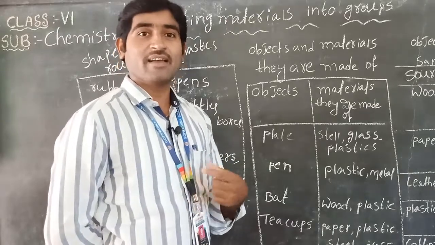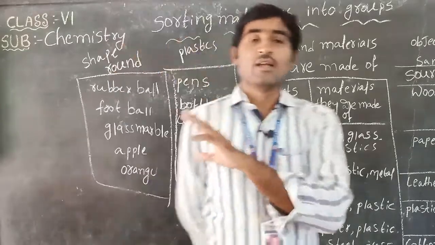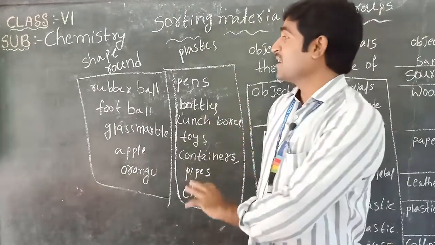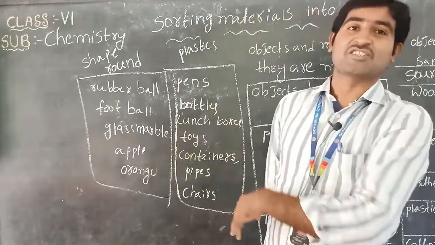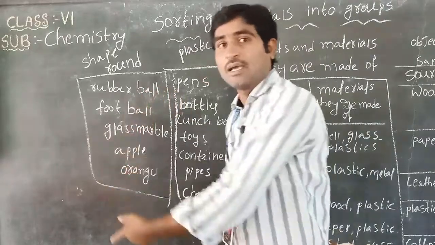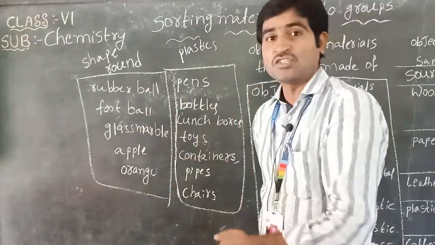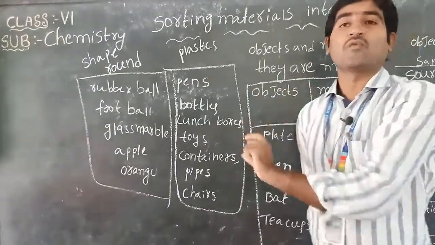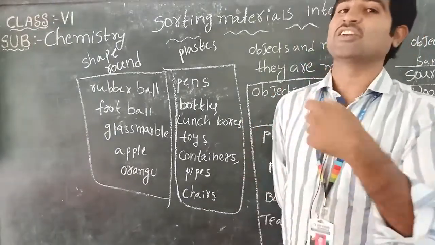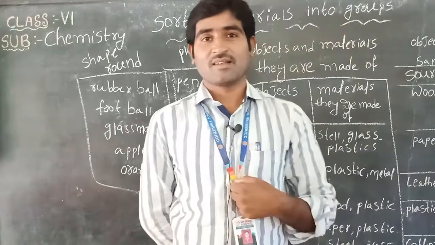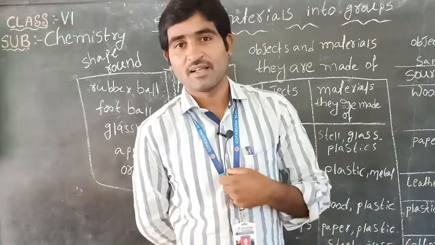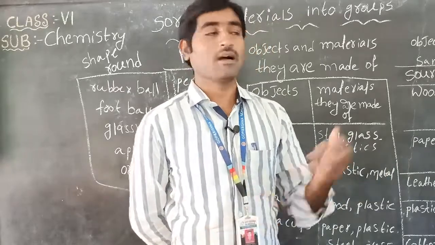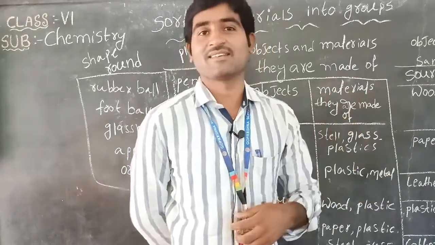You understand, children? Yes. Today we discussed materials, and we wrote some lists based upon their shape, the materials used, and also the source of the material. To make one object, how many sources are we using? Understood, children? Yes. Tomorrow we will discuss some more lists about the grouping of materials. Thank you.